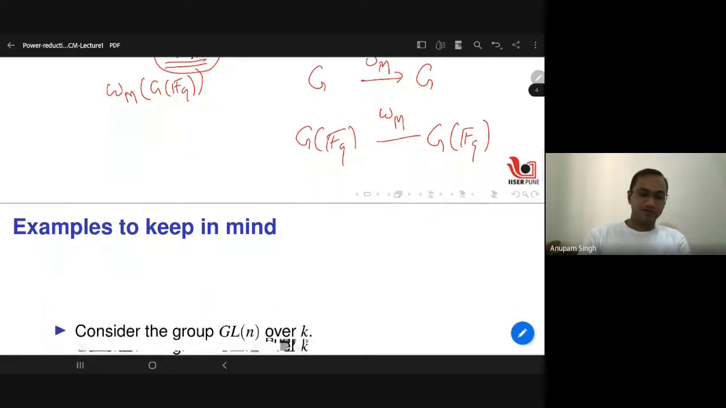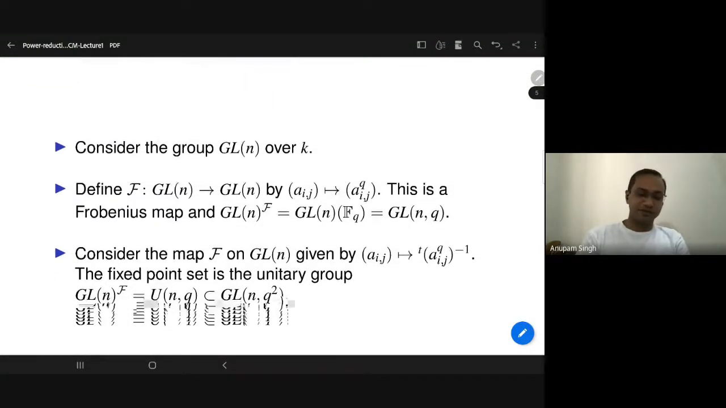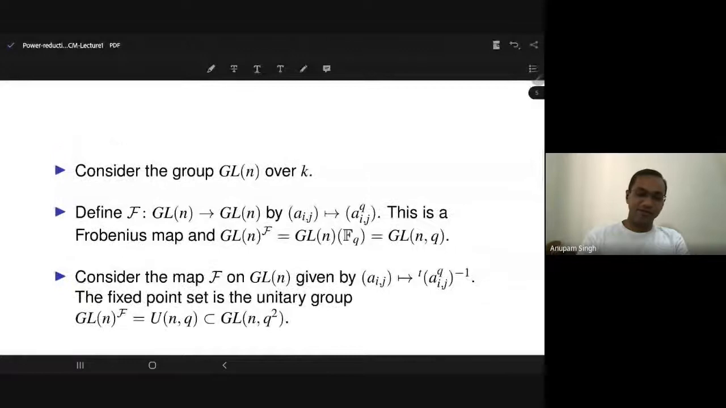Okay. So some examples to keep in mind. We have already seen several examples of finite groups of Lie type, especially some examples of Frobenius maps, and what kind of groups we are dealing with. I'm just recalling these examples which we have already done. So you can take GL_n over K, and on GL_n I will define a Frobenius map, from GL_n to GL_n,